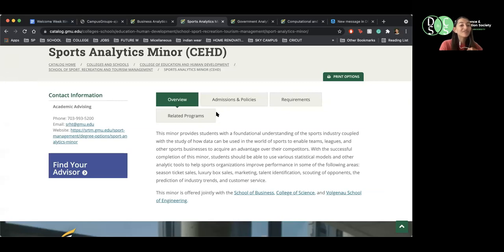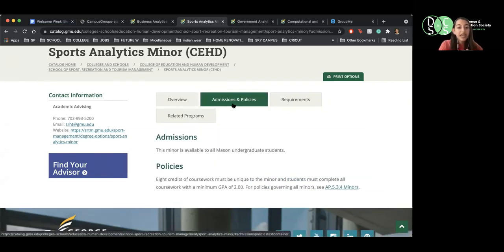So if you do love sports like football, basketball, anything like that, this is a great minor for you. Same policies apply: 8 credits, unique. That's the same towards every single minor. And having a GPA of a 2.0 for all your coursework is the same as having a